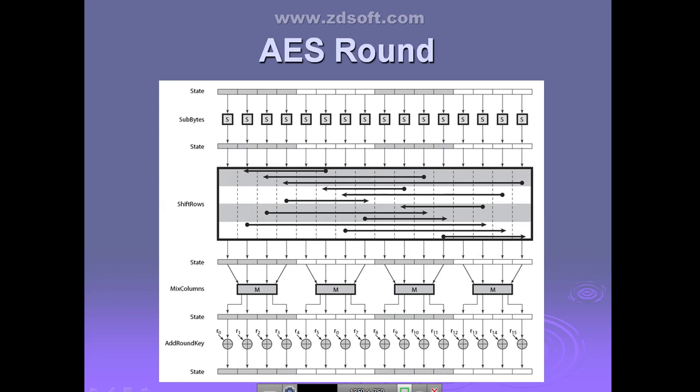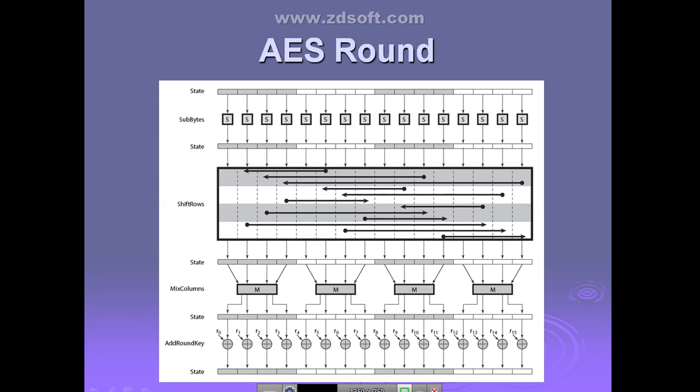It is going to have an S-box, right? So each byte will be replaced with another byte. Then after that it is producing one more state. That will be passed to the shift rows. Shift rows indicates you are just rearranging the sequence of the bytes. You are doing a circular left shift operation.